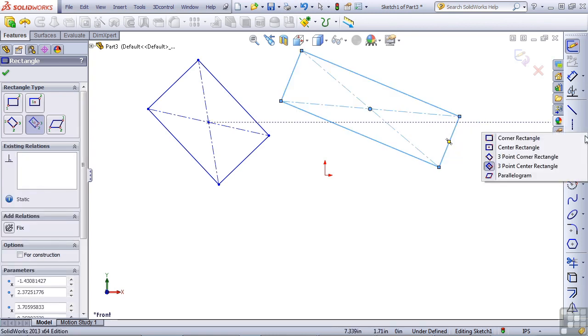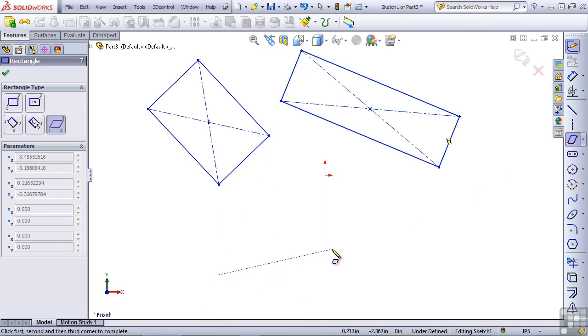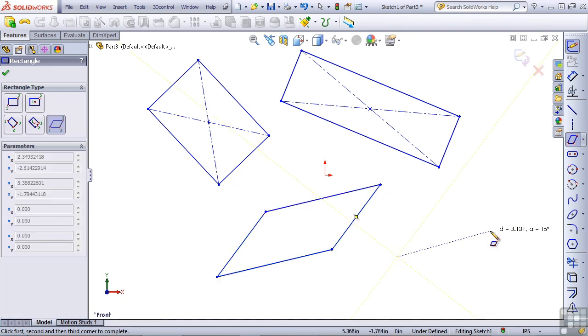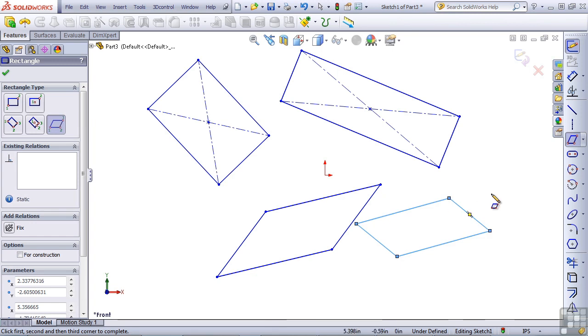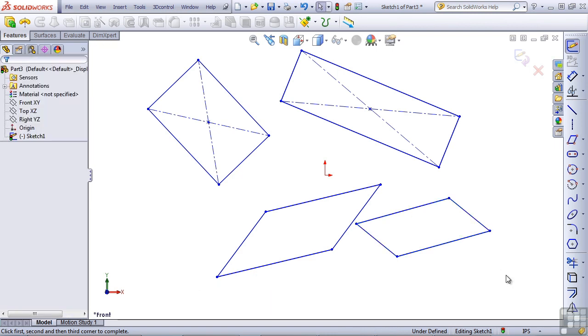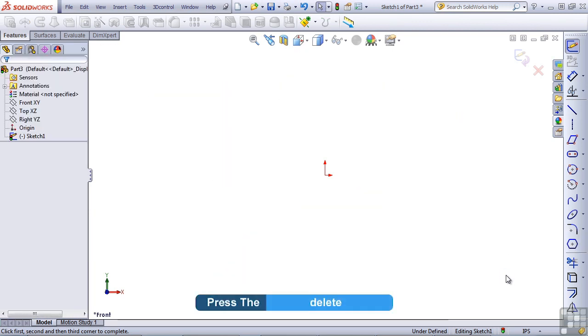And the final type of rectangle that we have is the parallelogram. Click and drag one side, and then click and drag the other side. Click, click, click. Okay, we got that down. I want to practice with that a little bit. Press Escape to get out of the sketch tool, and Control-A to select all, and then Delete to remove everything